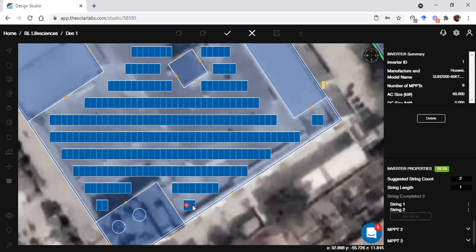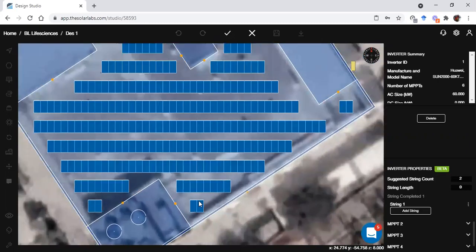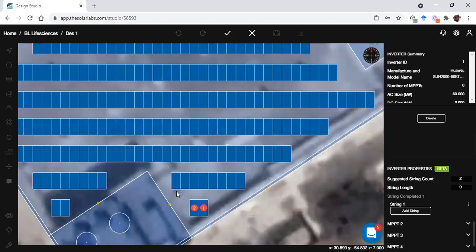So I will use add string and then start bringing it. So you can see when I go to 7, from 6 to 7, as my system suggested, I will go with 7 to 23. So it will go green. But when I go above 23, once again it will go red. So let's say I want to add 23 strings.